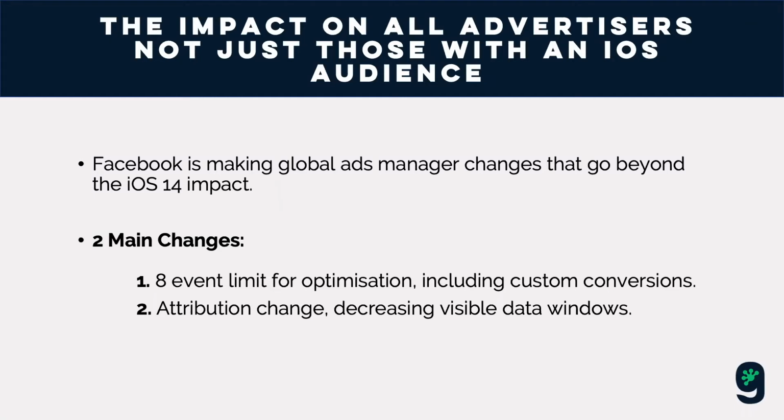So there's going to be fewer conversions reported, and fewer events to optimize for from a campaign perspective. And then when people opt out of tracking, you're going to see smaller remarketing audiences because it's only going to send one of the 8 events. We'll talk about why that is and how that's going to work in just a second. And so there's this assumed result that your campaigns are going to become less effective, essentially.